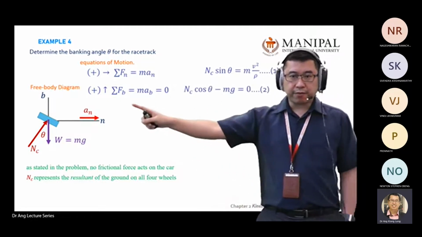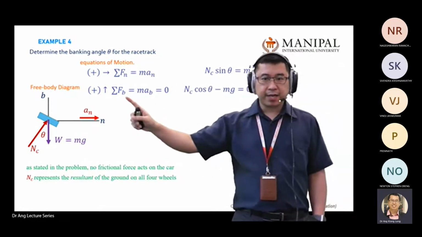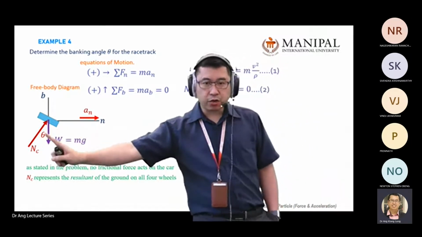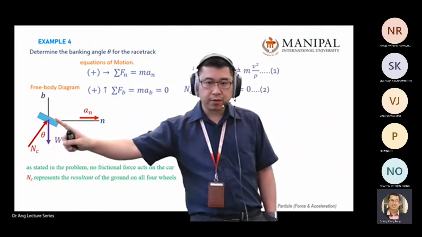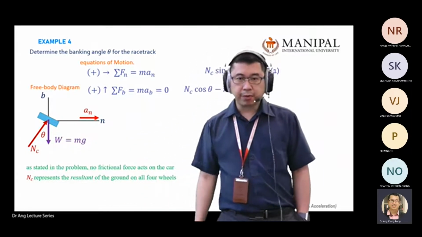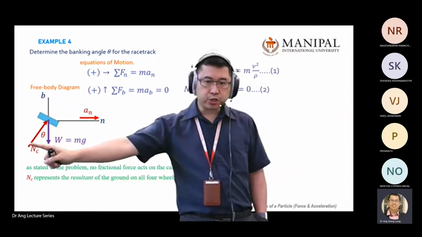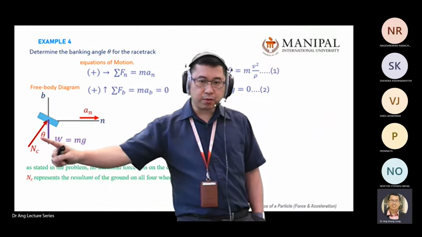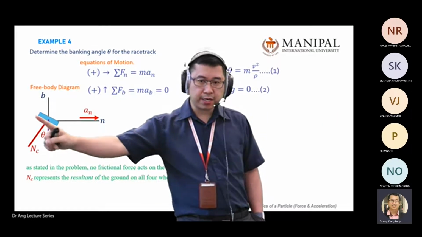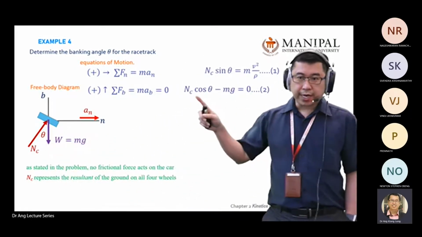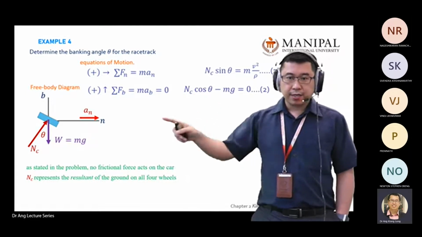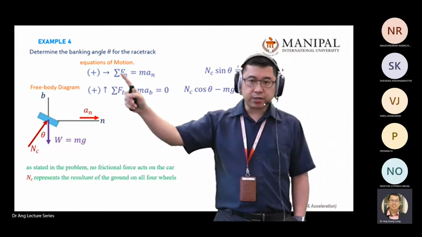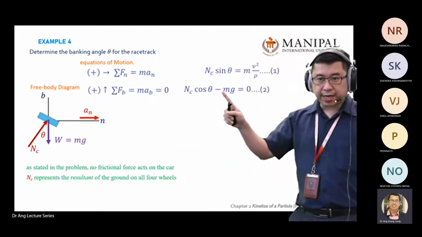So you do the force part. There are two forces here: your weight and your normal force acting on the wheel, or on the body itself. Again, you can split this one going up. The one in the vertical axis is this one. So you get NC cos theta, and the weight points down because our general direction going up is positive. That's why we have a negative mg